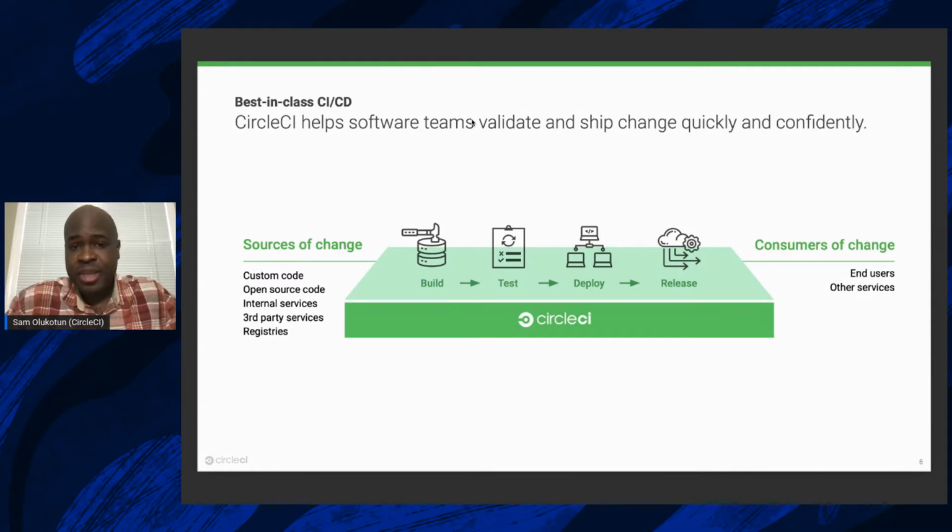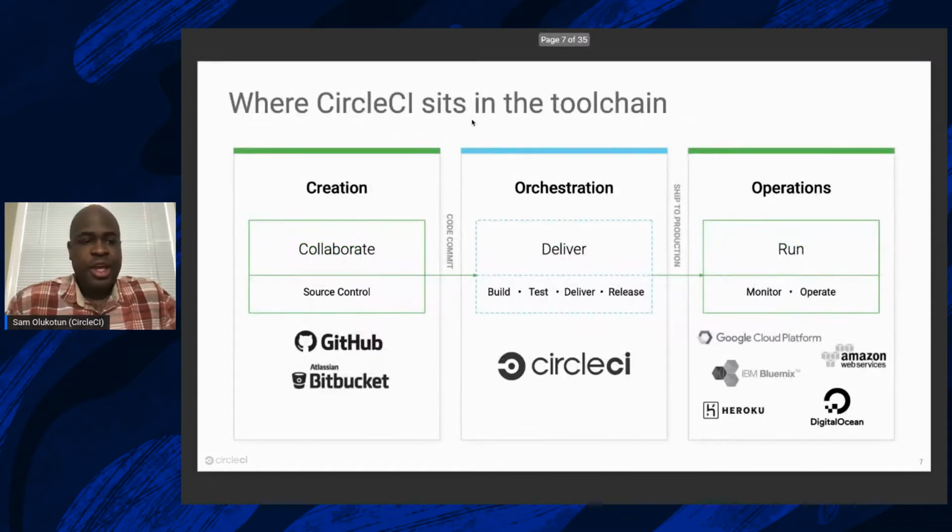CircleCI helps software teams to validate and ship change quickly and confidently. If you think of your code repositories as your sources of change and your customers at the end of the software development lifecycle as the consumers of that change, you can visualize CircleCI as the orchestration engine in the middle that helps you handle your build, your test, your deploy, as well as all concerns related to your release. Looking at this a different way, you can see your VCS, your GitHub, your Bitbucket